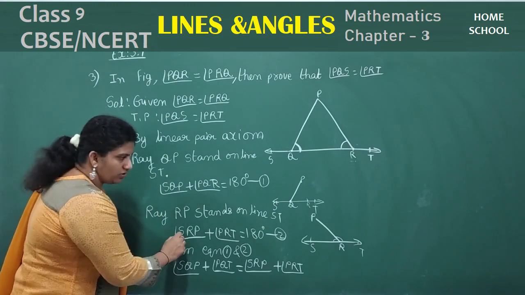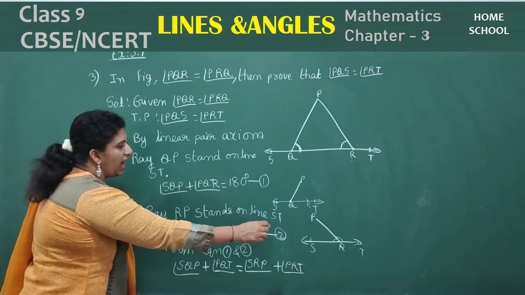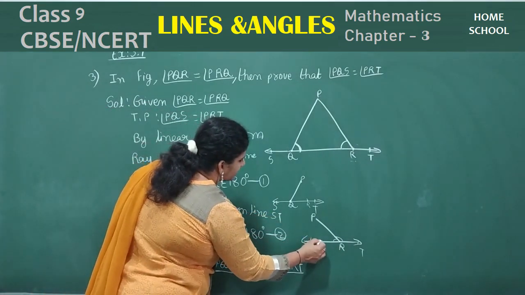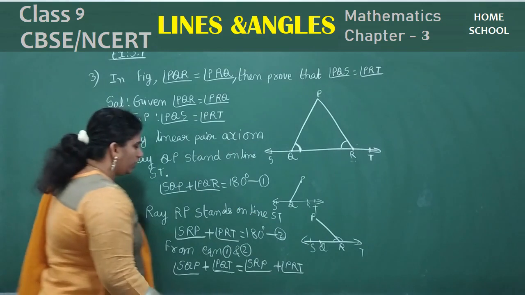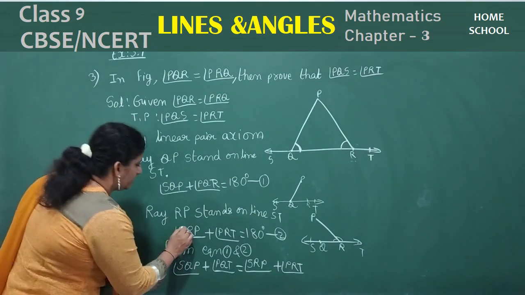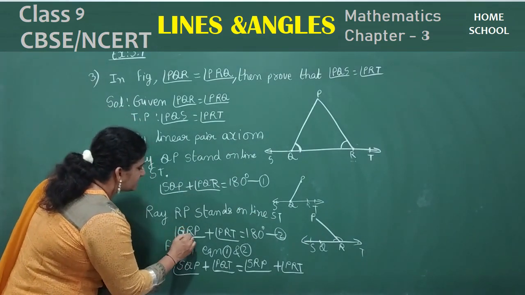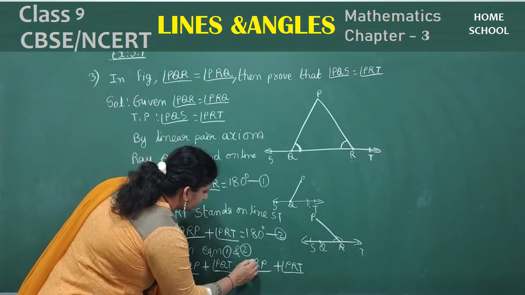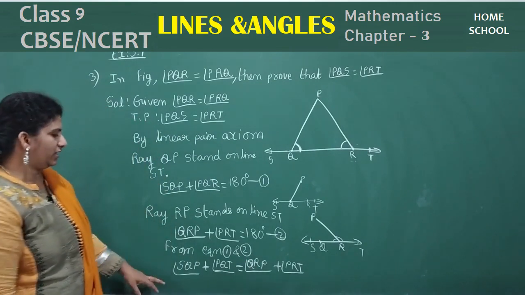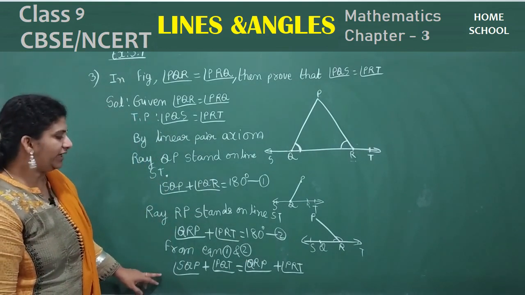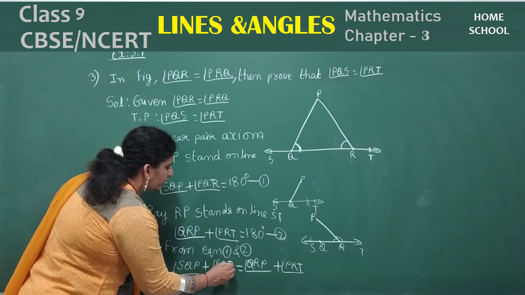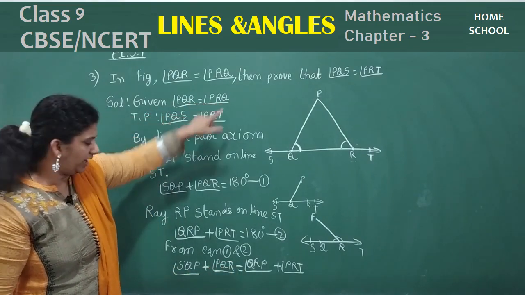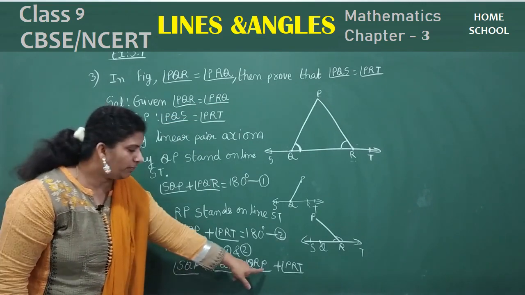So now here also, SRP, and this is Q, you need to extend here, children. This is QRP. Instead of S, I will change it to QRP. Then this will be QRP or PRQ. Now it's easy to equate. What are you going to equate here, children? PQR is equal to PRQ, right? PQR is equal to PRQ.